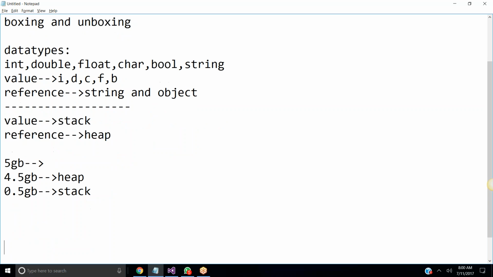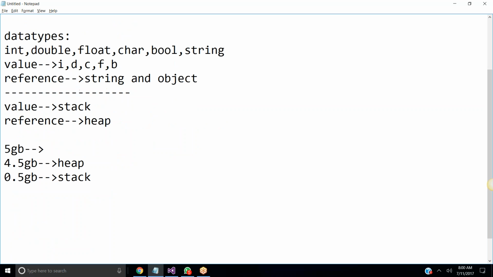And to insert a value in the stack, it is very easy. Yesterday also we have discussed, right? Only push operator and pop operator to insert and to delete. There is not much to do whenever you are storing data in the stack. Coming to the heap, if you want to store any value, we have major complications. Suppose if you want to store any value in the heap, there is no such architecture.